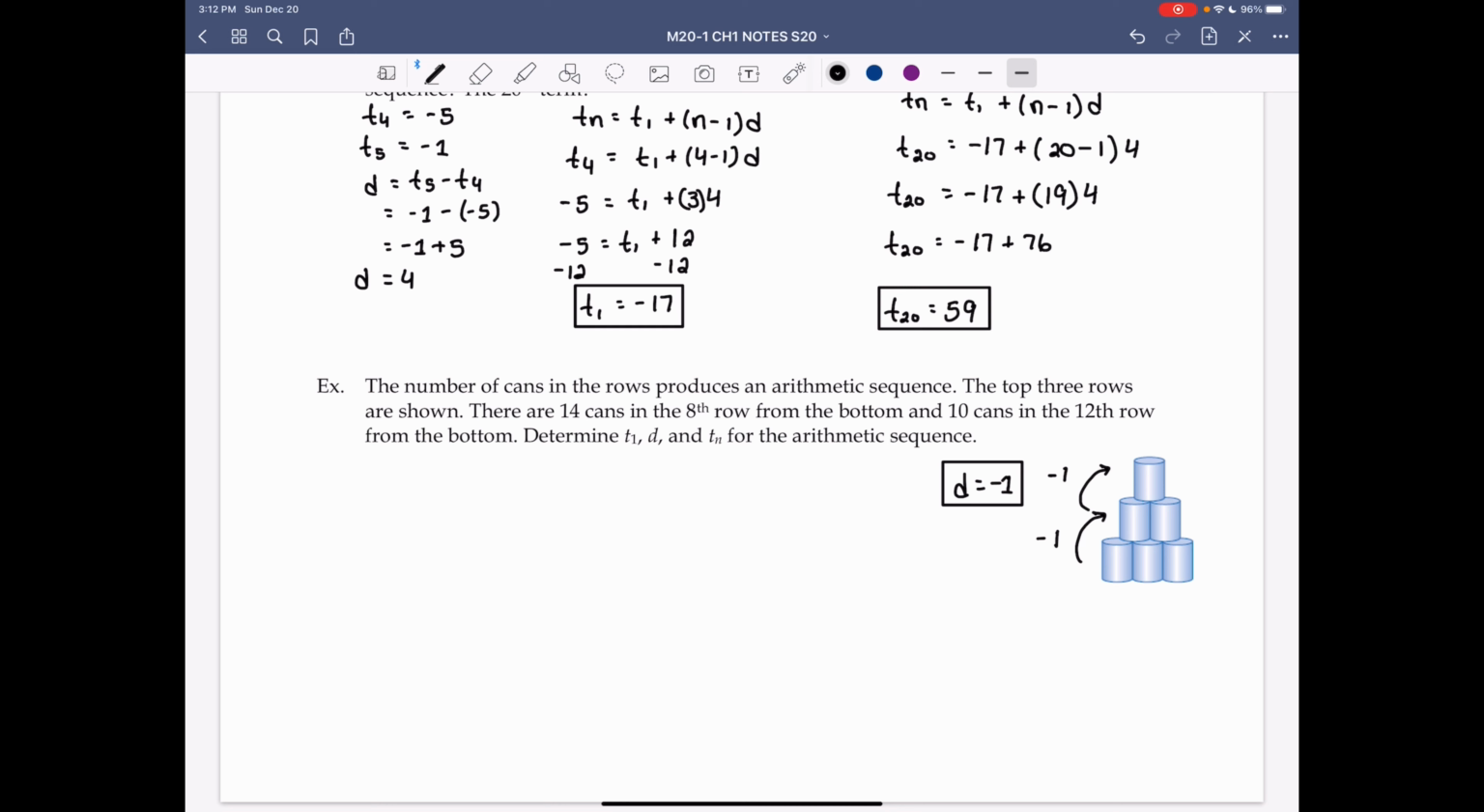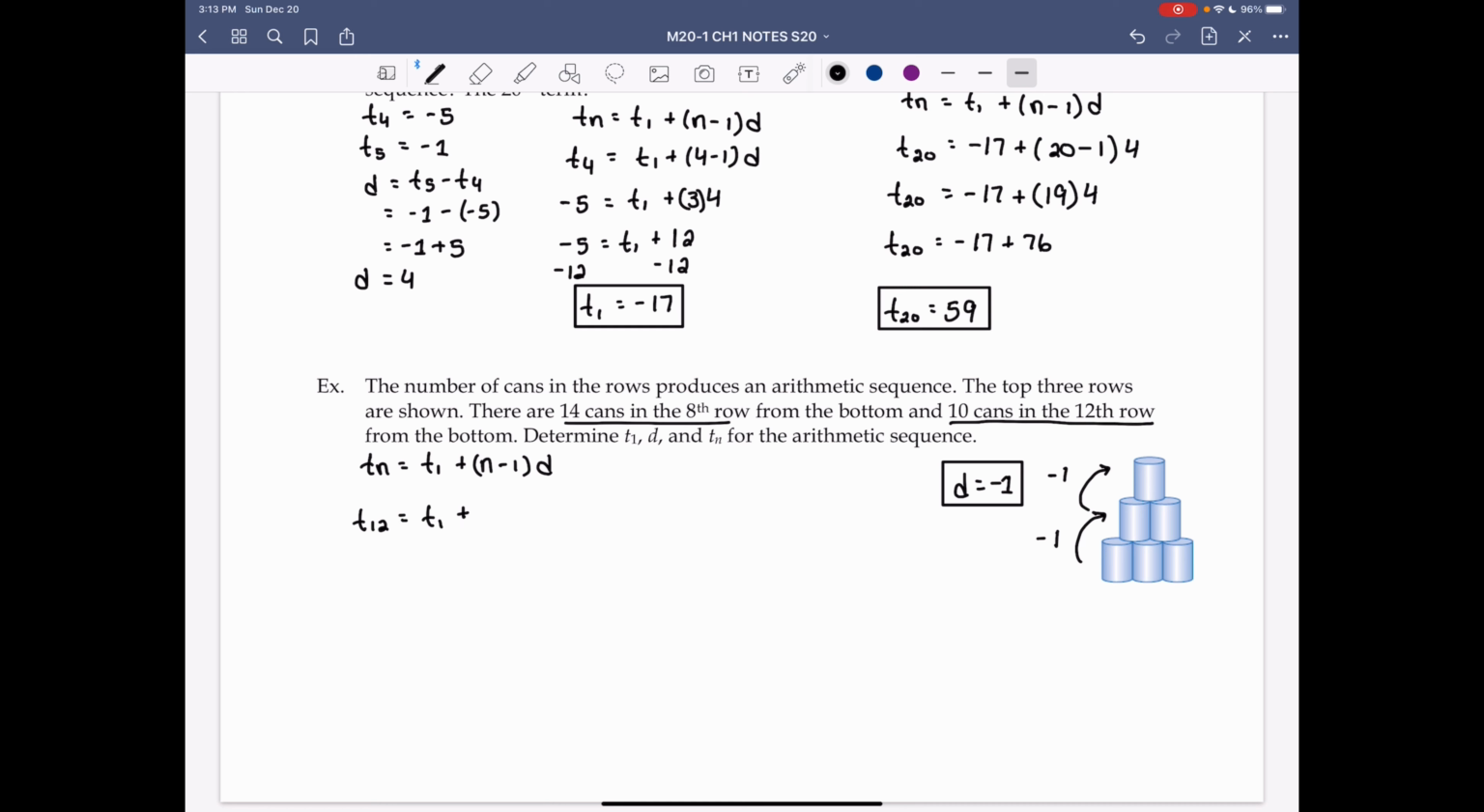Using the general term formula, Tn equals T1 plus n minus 1 times D. We know that D is negative 1, and we also have some other information. So we have that there are 14 cans in the 8th row and 10 cans in the 12th row. So we can use one of those, just like we did in the previous question, to fill into the general term and then to find our T1. I'm going to use the 12th row has 10 cans, just because I like the number 10 better than I like the number 14. So term number 12